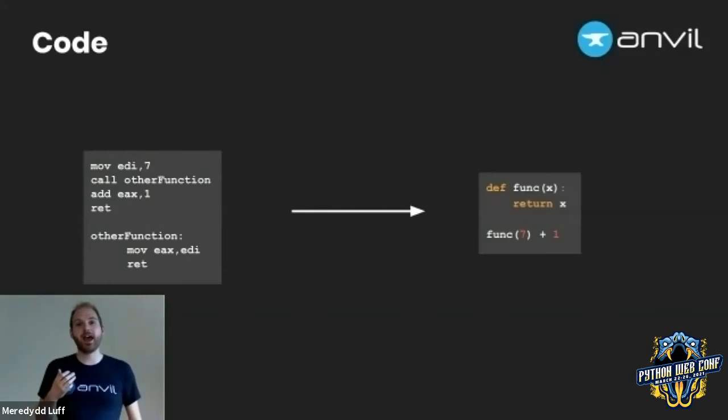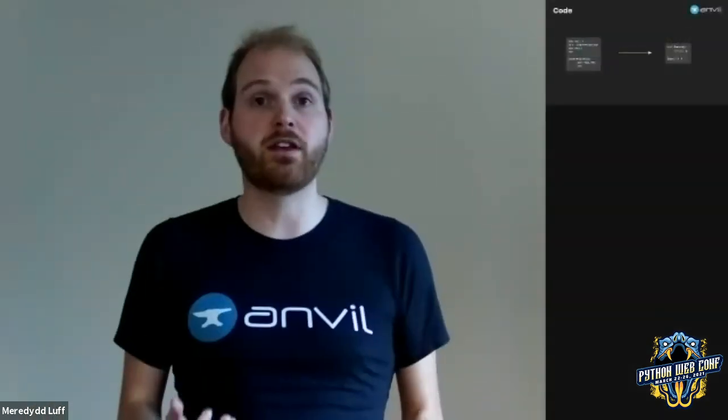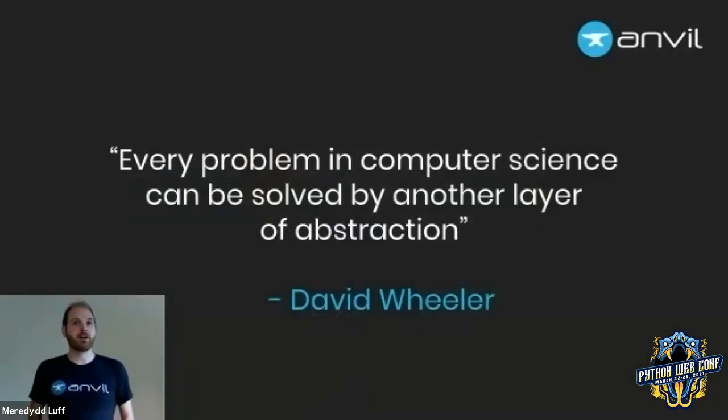And abstractions are great. They really are the bee's knees. They are why we can have nice things in computing. You may have heard of the famous saying attributed to David Wheeler, an early giant of the field here in Cambridge, that every problem in computer science can be solved with another layer of abstraction. In fact, I'd say this is the thing that makes us as programmers different from other sorts of engineering, because our day-to-day work is creating new abstractions.